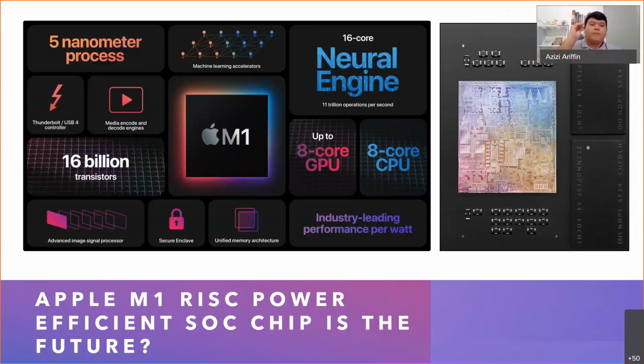Tetapi kalau kita tengok dia menggunakan very efficient manufacturing MOSFET, so 5 nanometer, sangat kecil dia punya transistor, dan dia ada 8 core GPU and 8 core CPU. Dia boleh cram in that small form factor. And kalau kita tengok sini numbers of transistor, dia boleh cram in dalam satu CPU tu dalam 16 billion transistor. And of course, how Apple going to fully utilize this